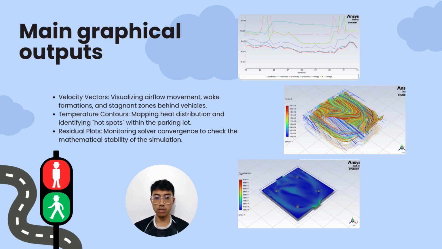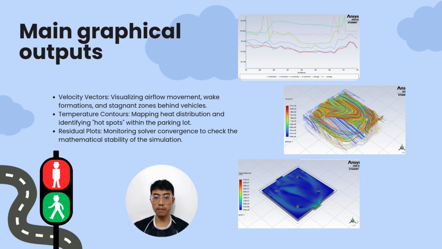Next, for the temperature contours, mapping the thermal distribution is crucial to observe heat dissipation across the fluid domain and to detect critical hot spots trapped around the car surface. Finally, residual plots are directly monitored during the solving process to assess solver convergence, thereby verifying the mathematical and numerical stability of our